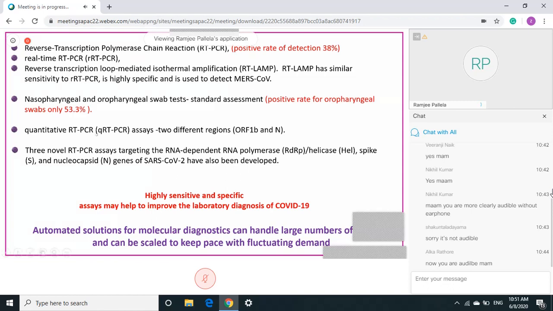Quantitative RT-PCR assays are targeting two regions, ORF1b and the N region, or the nucleocapsid region. As I told you in the beginning, the nucleocapsid region is used as a diagnostic marker, so that's how you use it here. Novel RT-PCR methods are also being developed, but the need of the time is for highly sensitive and specific assays to help improve the laboratory diagnosis of COVID-19. Now, how can this be done? By automated solutions for molecular diagnosis to handle a large number of samples at the same time, right? It's very important in life. So, when we are talking about the diagnostic, we